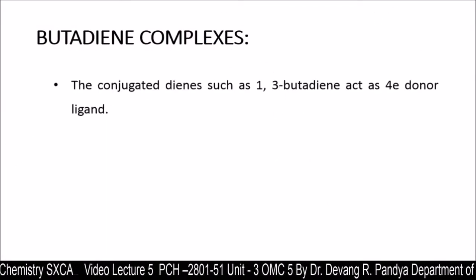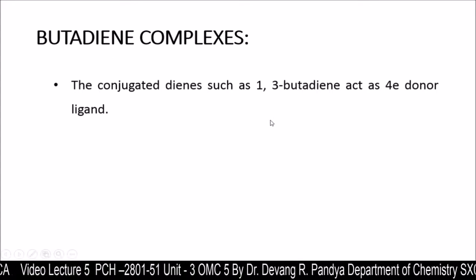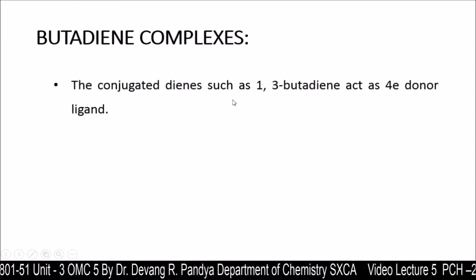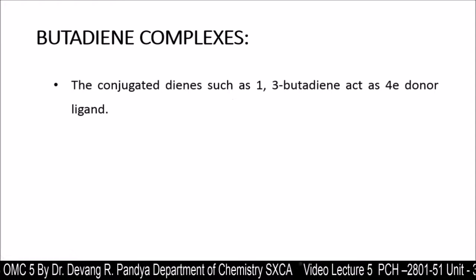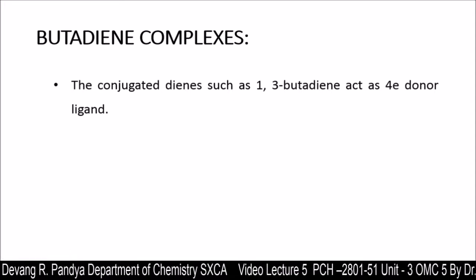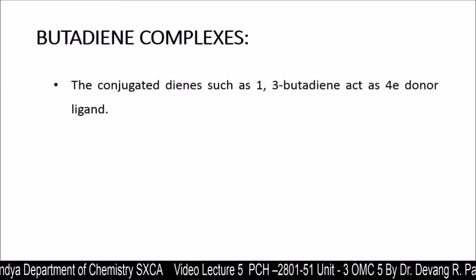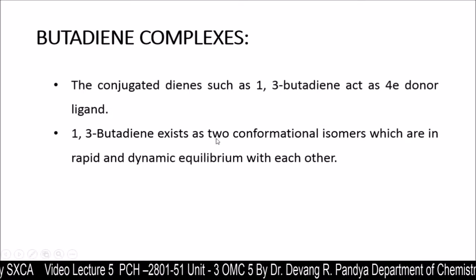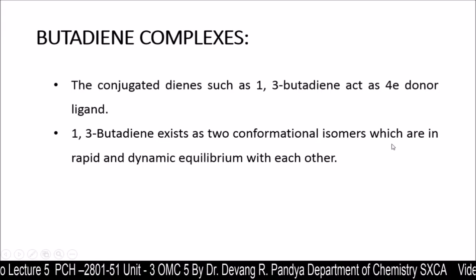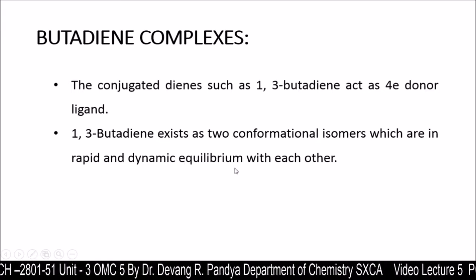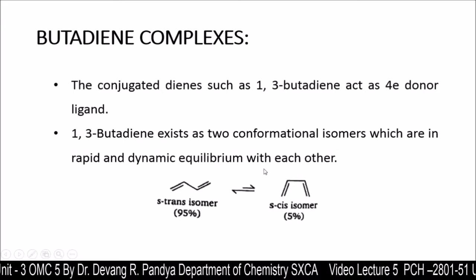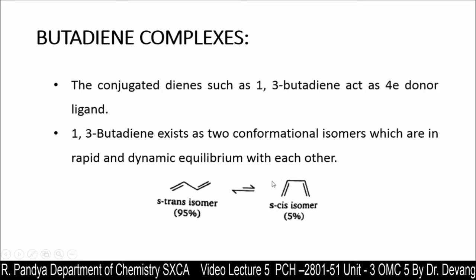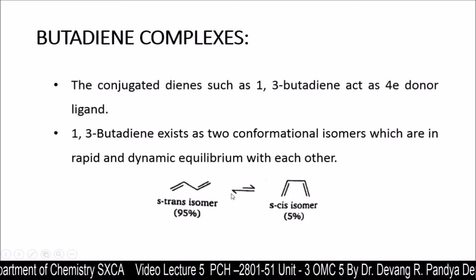Butadiene complexes, in which conjugated dienes such as 1,3-butadiene act as a 4 electron donor ligand. Allyl acts as a 1 and 3 electron donor, and here we can see 1,3-butadiene acts as a 4 electron donor ligand. 1,3-butadiene exists as two conformational isomers which are in rapid and dynamic equilibrium with each other. We have these two kinds of isomers of 1,3-butadiene